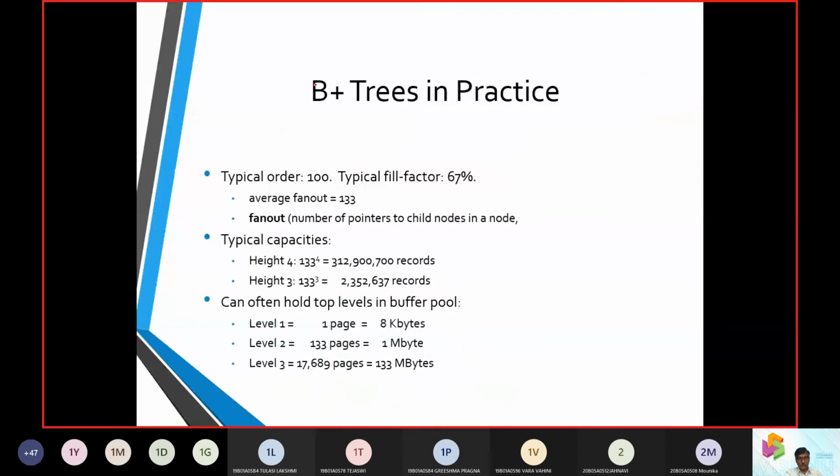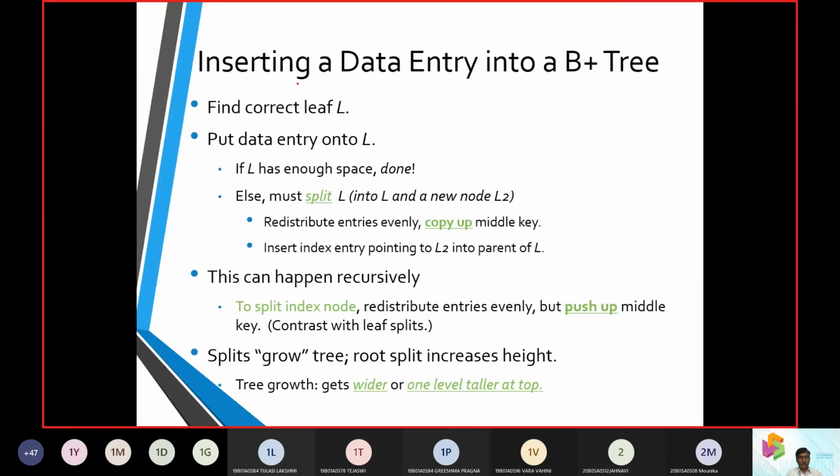We always maintain the heights. Whenever we make an insert operation, we have to select the leaf node. If there is enough space, we are done. If there is not enough space, we have to split it. We have to make a copy of the middle to the previous node and redistribute this. We have to do this recursively as the file is growing up, and we should see that the height is always maintained.